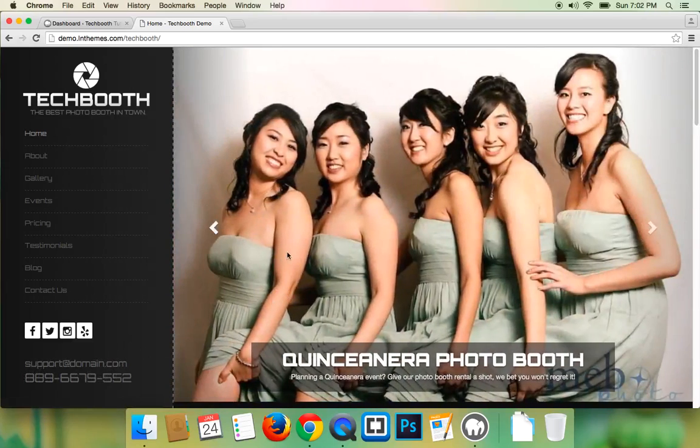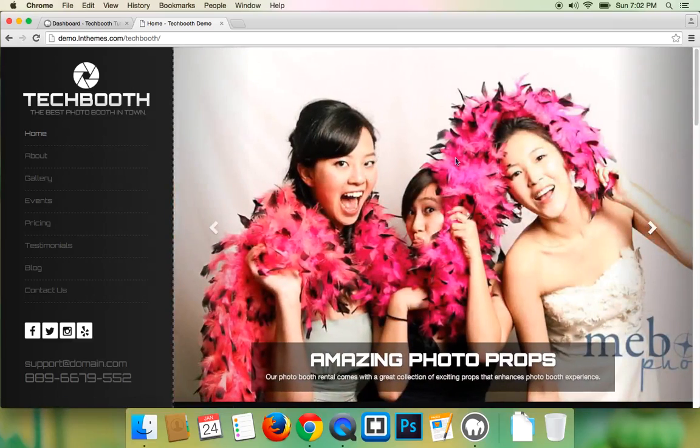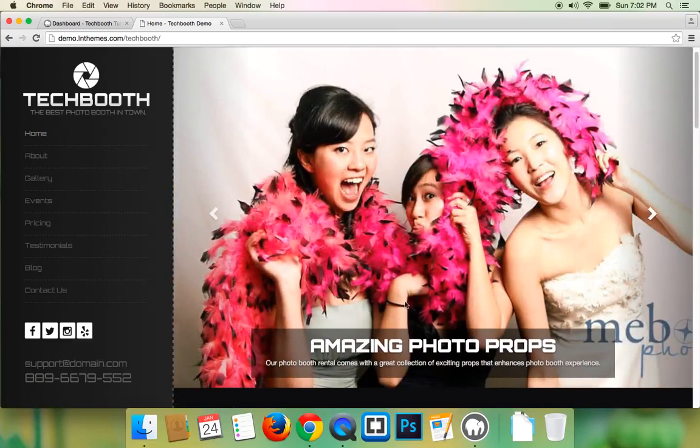Alright, so the main content section here starts with a main slider. This slider contains six different slides. Each slide will have a main image, and then you have the main image caption area. In that you can display a headline here, and below that you have a description text section here